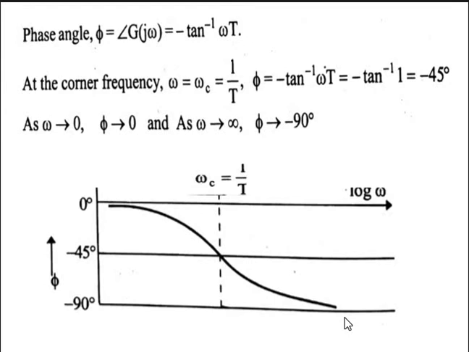So here also we can easily remember: this is a simple pole, so the pole is at the denominator. The plot starts here and travels towards the denominator, that means towards the down side. So this is simple. This is how you can remember the phase plot for a pole. Next one, zero.